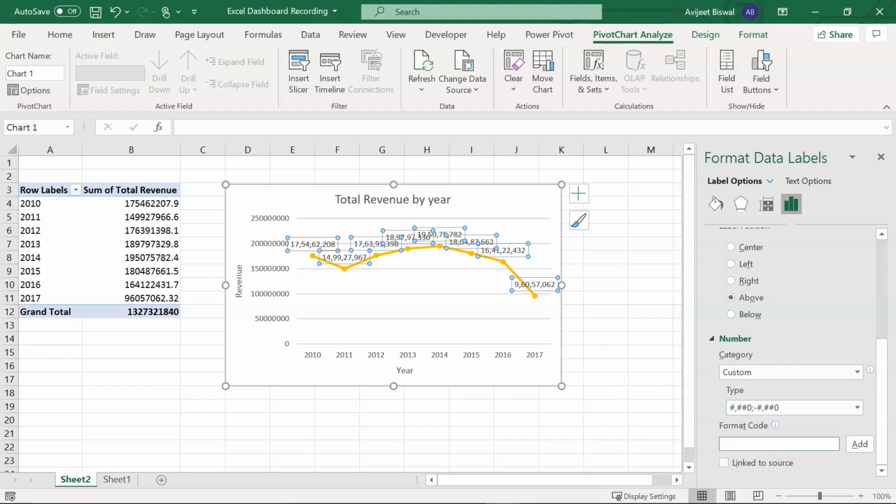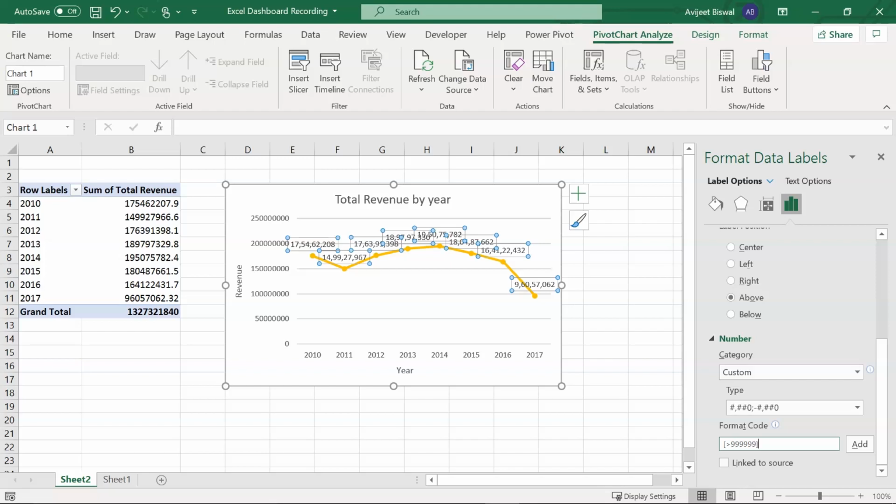So this is actually a kind of a formula. I'll write if my revenue value is greater than, let's say, 9,99,000. Let me make sure there are 6 nines here. So 1, 2, 3, 4, 5 and 6. Okay, we are good to go.